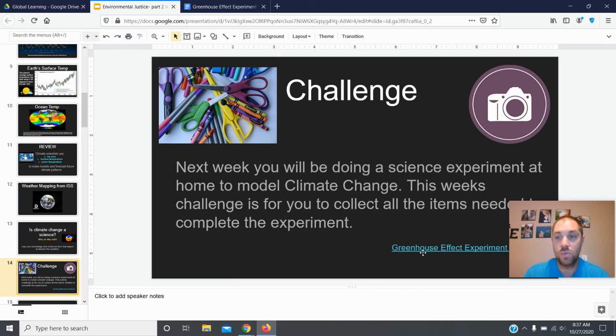So all they need to do this week is collect all the items and take a picture of their items to prove to us that they have what they need to do the experiment, so that when next Wednesday comes, they're ready to go. They don't have to go around and search for it. So we give them a full week to gather the items just in case they need to take stuff from recycling or they need to go outside and gather stuff. They have 7 days to get it all together so that next week there's no excuses that, oh, I didn't know, I didn't have enough time to get ready.